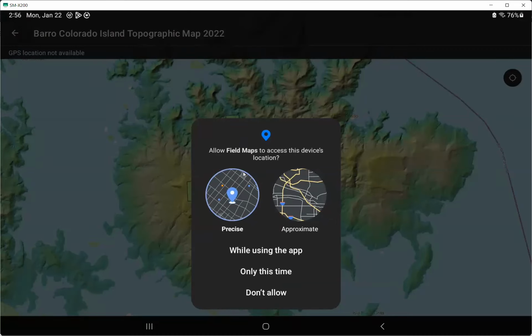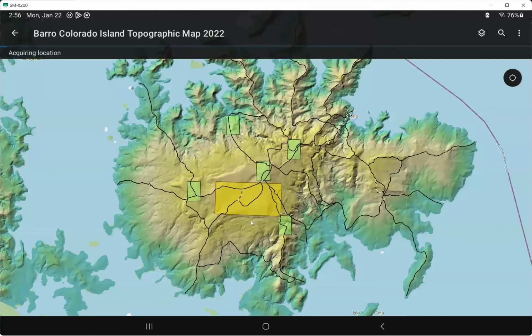At this message, allow Field Maps to access this device's location, let us click here, while using the app. So make sure that the GPS is only used when we are using Field Maps.